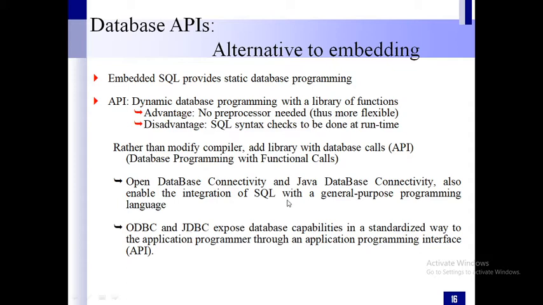There are two different approaches we use: Open Database Connectivity, in short ODBC, and Java Database Connectivity, JDBC. These two enable the integration of SQL with your host language. To integrate the SQL commands in your host language, we can use ODBC or JDBC. What actually do these two do?